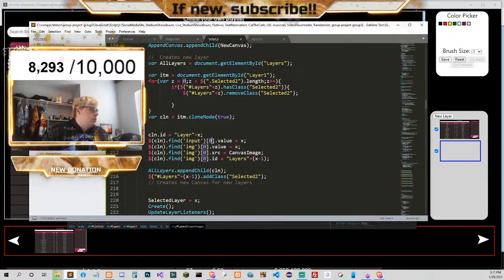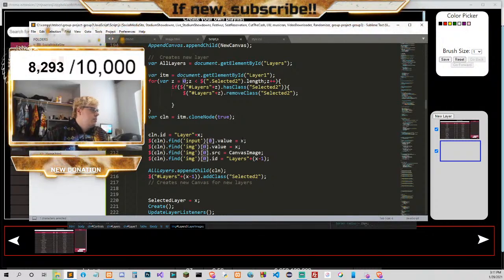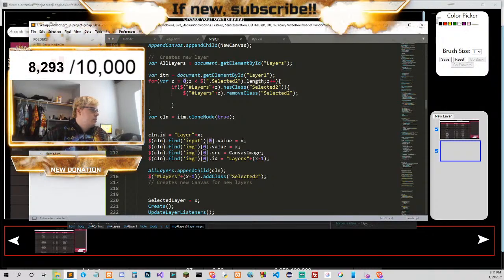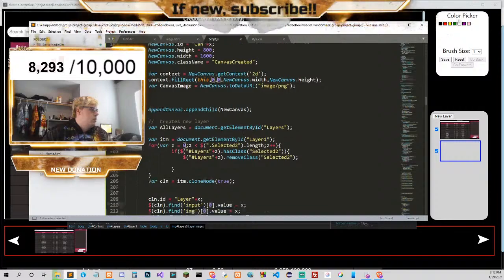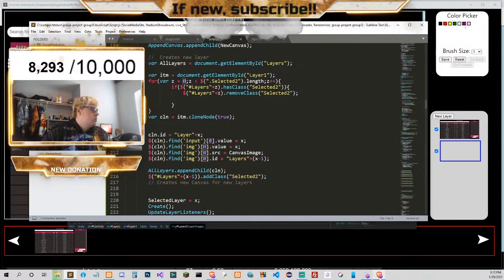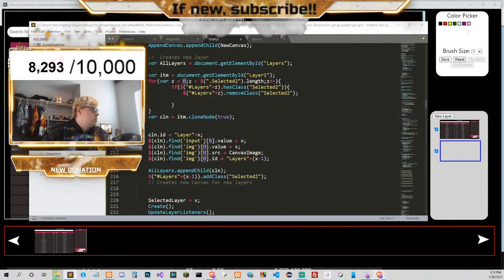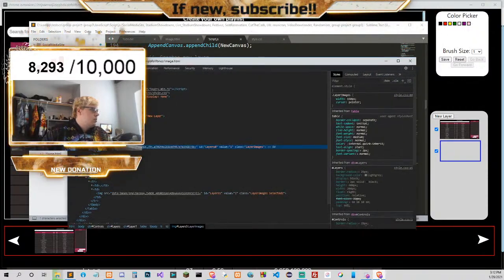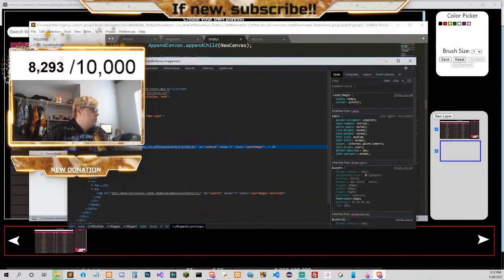That means this first one is always going to be the new layer. So if x equals length plus 1, it equals image dot layers.